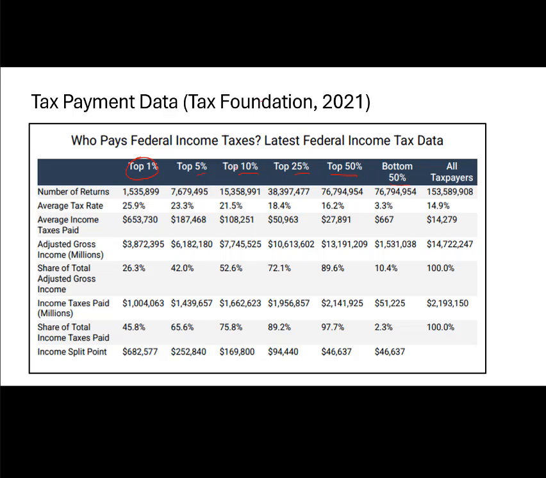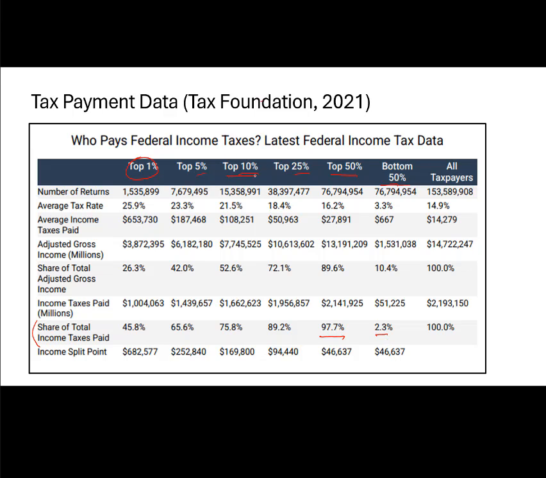Okay, look at what the top half and bottom half pay just in terms of the share. This is what I want to focus on, the share of all taxes paid. The top half of people are paying basically all of the tax, about 98%. And the bottom half of people are only paying just a little bit, 2.3% of all the taxes. Okay? But this will get more and more concentrated.